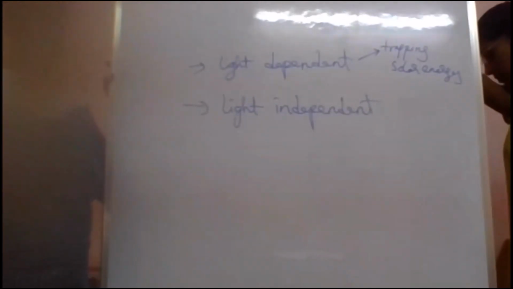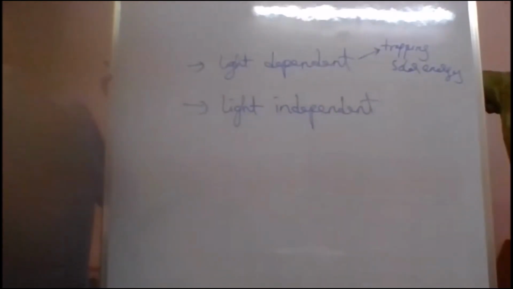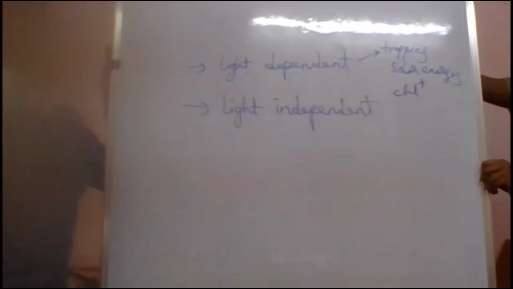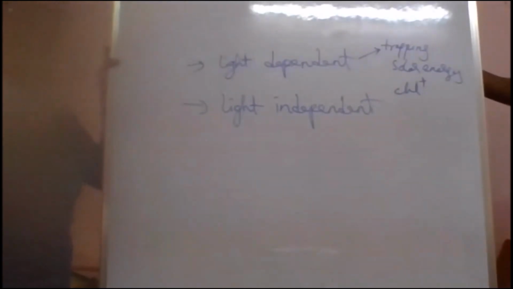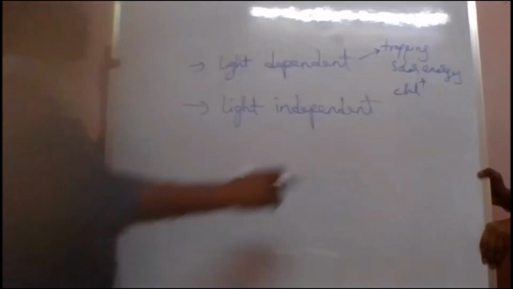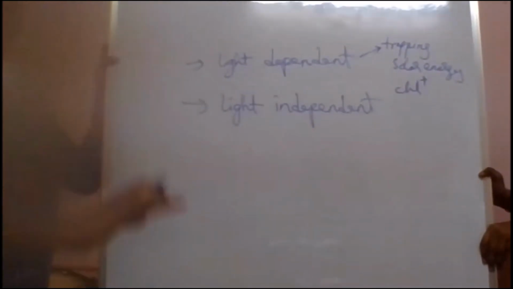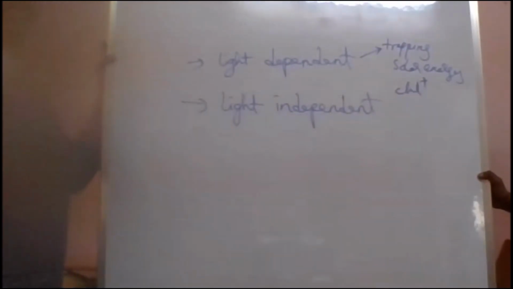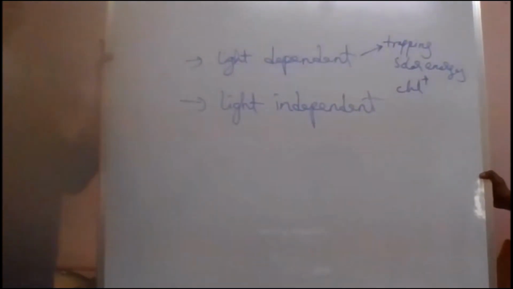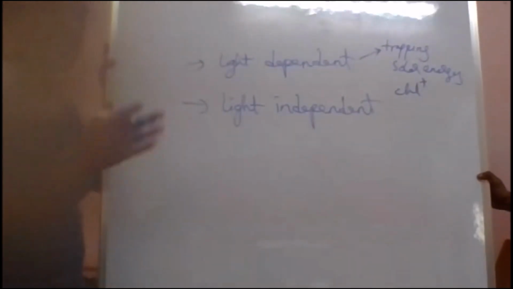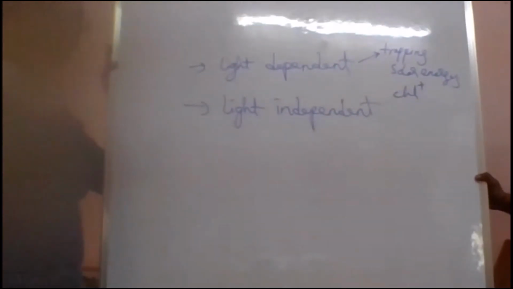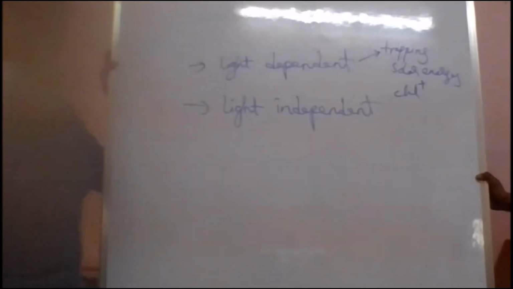Removal of an electron is nothing but what? Oxidation. So 1 electron is removed from the chlorophyll. It becomes CHL plus, which we call activated chlorophyll or oxidized chlorophyll. Now it needs an electron to come back to the normal stage. This chlorophyll needs 1 electron. It is in deficiency of 1 electron. The electron which was removed has already been accepted or replaced by some other substances present in the leaf.